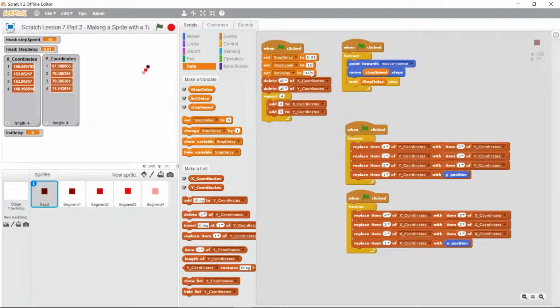So I've got the list delay of 0.01, the step speed is 10, and the delay between movements of my head around the screen is 0.01 as well. I don't expect that you'd be able to get these numbers right off the bat. You'd have to play with them, and perhaps my numbers need to be corrected too. So let's try this again. And as you can see, my list is still, oh, of course nothing's happened because I actually haven't implemented this list delay. I have to go back to my